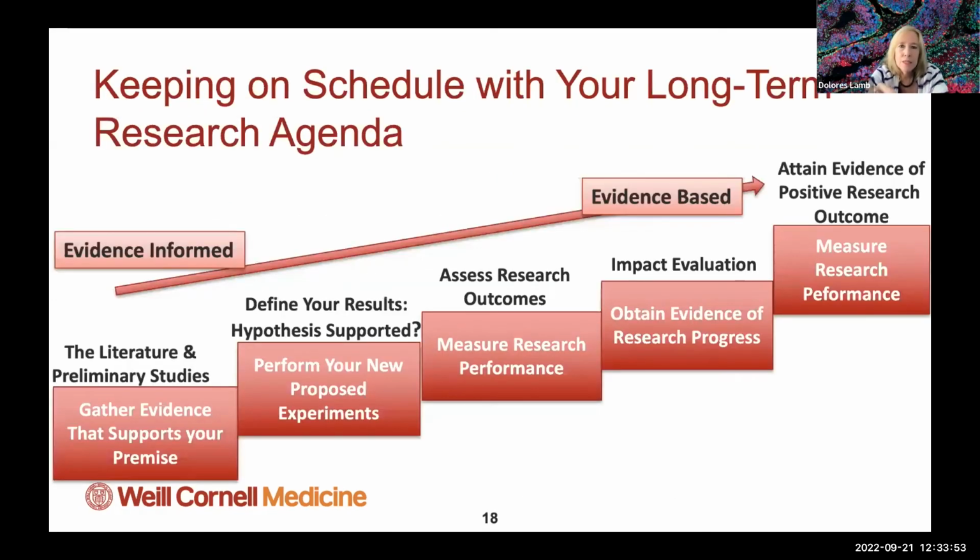So if we look at that same concept that I showed you in the generic version of a research agenda, you always want to gather the evidence that supports your premise, right, for the study that you're thinking about doing. And Teresa told you about how she's spending a lot of time looking at the literature and so on to really decide what she wants to work on. And so certainly your premise is going to be based on your study of the literature, as well as perhaps your preliminary studies. That then in turn allows you to identify a strong study design.